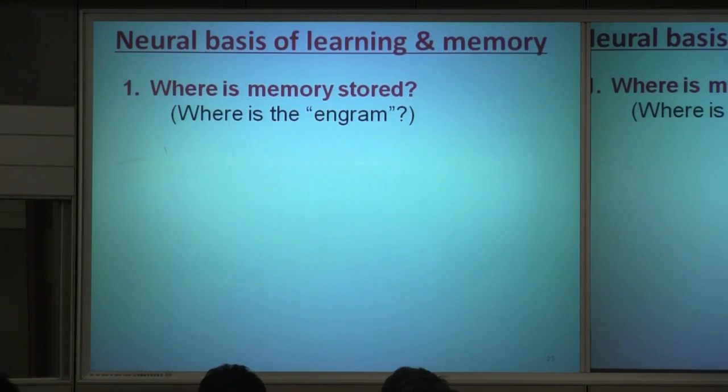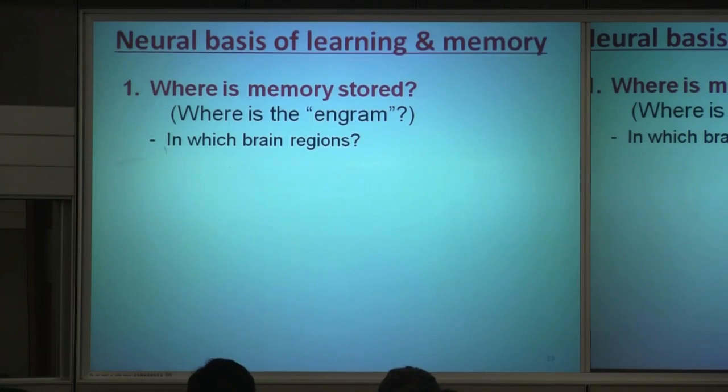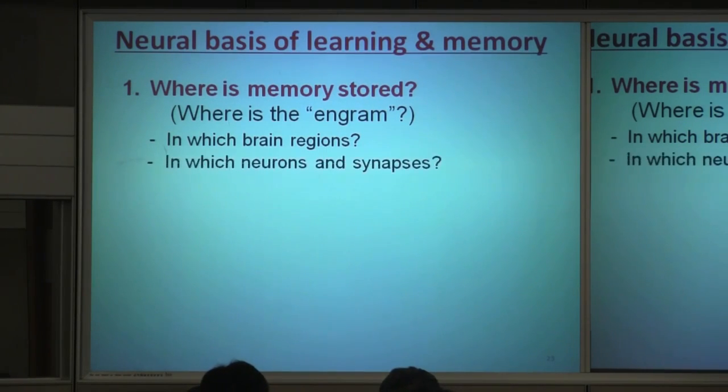I can tell you, for any memory that we are keeping right now, we don't know where they are. We know that they are probably a synapse, probably a neuron. There's no other structure that's very likely to be in. But we don't know which region this memory, like the memory for you to keep that I'm talking here. This memory, I don't know where it's going to be stored. I don't know which neurons and which synapse are going to store this information.